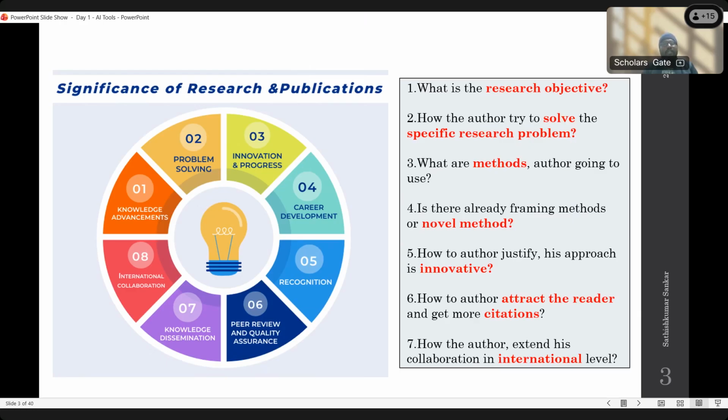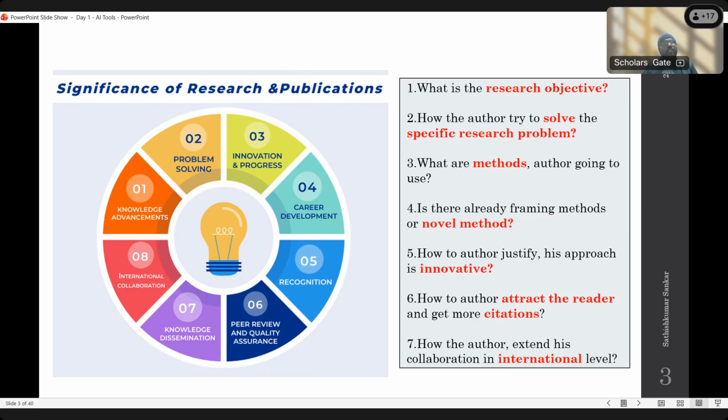Second thing, problem solving. Every problem has an initial stage. When I was admitted to the PhD, my supervisor frequently asked, what is your research problem, and how can you address that particular problem? In the initial days I didn't know what the problem was. I answered that I don't have any problem, because we don't know that. After that I understood that he was asking for the research problem. So research problem identification is a very crucial thing.